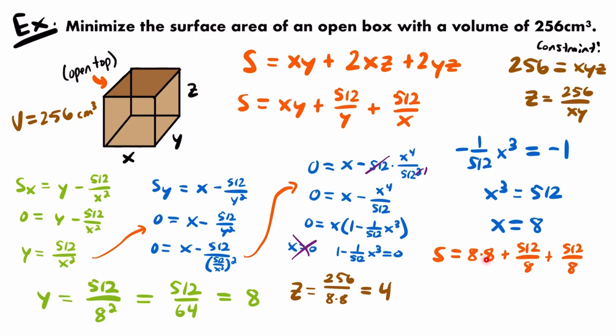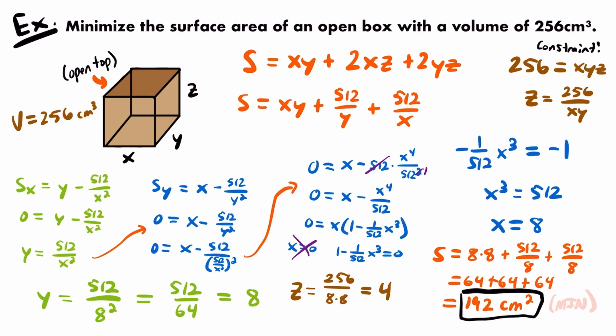Now 8 times 8 is 64, 512 divided by 8 is 64, so we get 64 plus 64 plus 64, which is equal to 192. And that is a value of area, right? This is surface area, so the units will not be centimeters cubed, but rather centimeters squared. All right, so 192 centimeters squared is the minimum surface area for an open box with a volume of 256